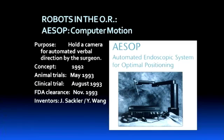And in 1993, there was only one robotic type device being used in the surgical arena. And that device was called ASOP, and there were variations on ASOP that have come since then. But ASOP basically was a handheld camera so that you could get rid of that second assistant in straightforward laparoscopic surgery. The insurance company doesn't pay for a second assistant typically, especially for those types of surgeries that were being